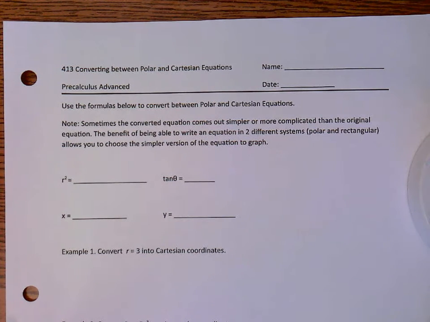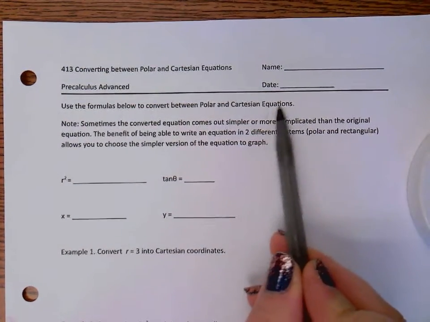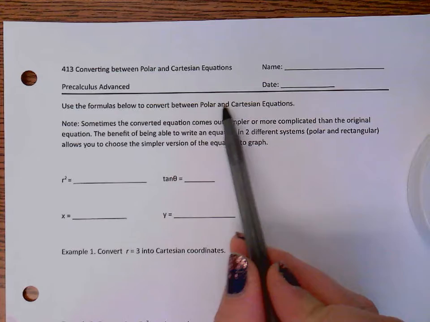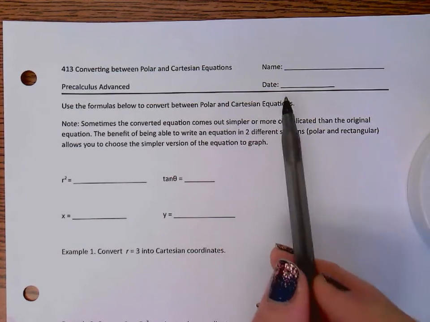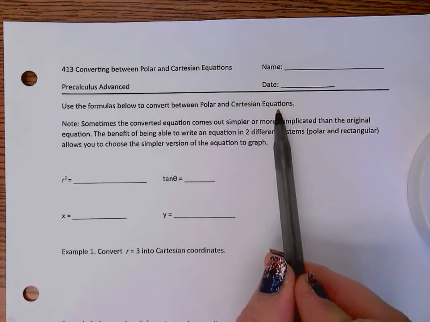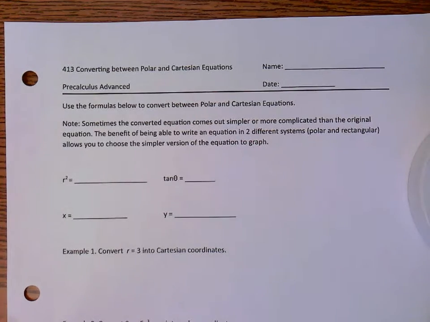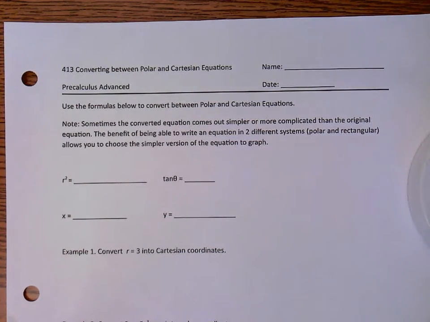So it just says use the formulas below to convert between polar and Cartesian or rectangular equations. That's the only difference about what we're doing today. Before we were just looking at their coordinates. Now we're looking at their total equations. There won't be a lot of these on the assessment. Some of these are the hardest that you'll do, but this is what is going to